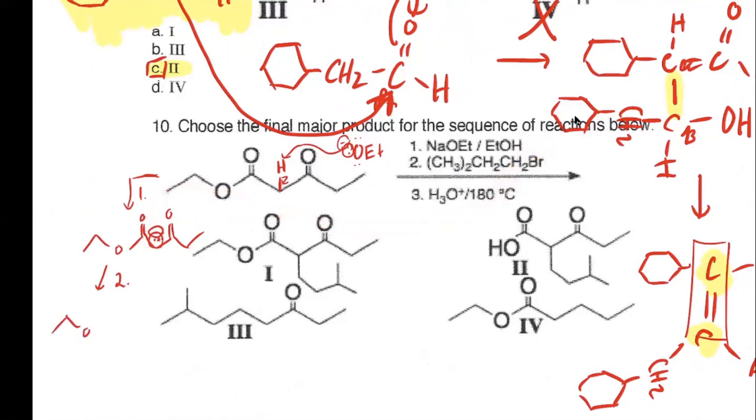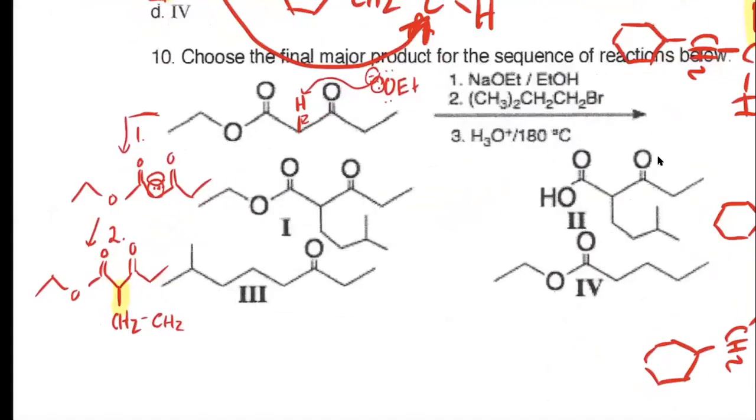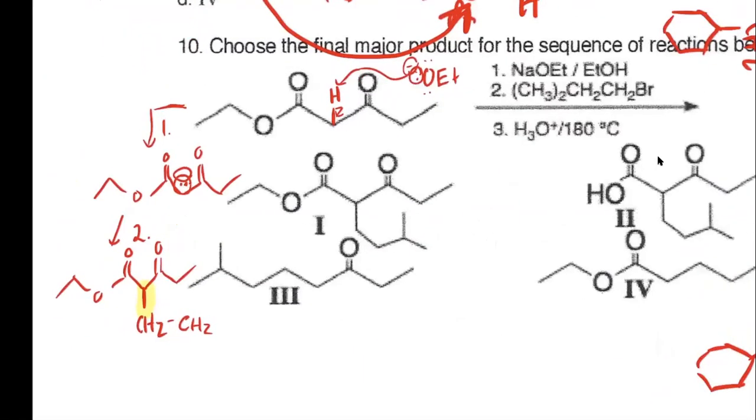So I'm going to put our nucleophile, boom, boom, just like that. And now we're going to have formed a new bond, and that new bond is going to be this one right here. All right, so this is an alpha alkylation. So at the alpha carbon, we're alkylating it. We're actually forming carbon-carbon bonds, which is very, very useful to use. All right, so we're going to want to add basically a CH2, a CH2, and then to that CH2, we're going to have